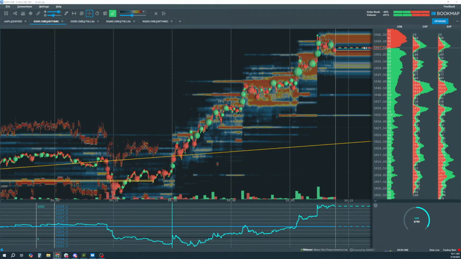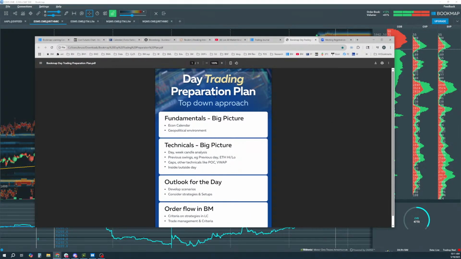We have been covering our big picture, top-down approach, which is a PDF. Actually, it's in the Learning Center, I'm sorry, in Discord. This prep plan is very simple, but it covers the most important parts here. We want to understand the impetus that's moving the market. This is usually the fundamentals, economic calendar events or geopolitical events. This is really what moves the market in the bigger picture, and then also some technicals, but bigger picture technicals